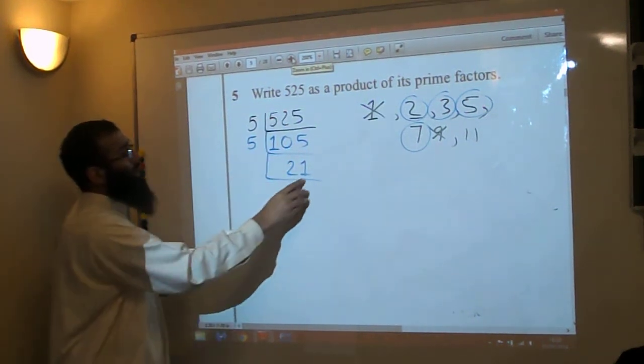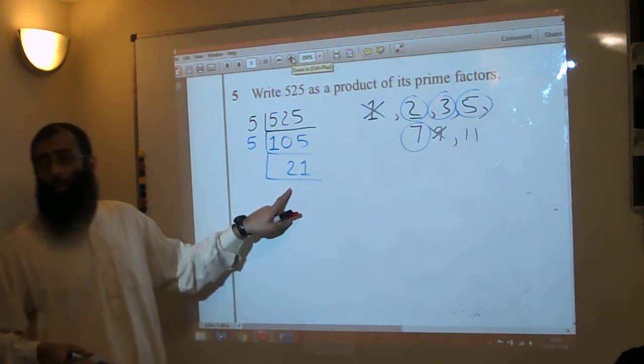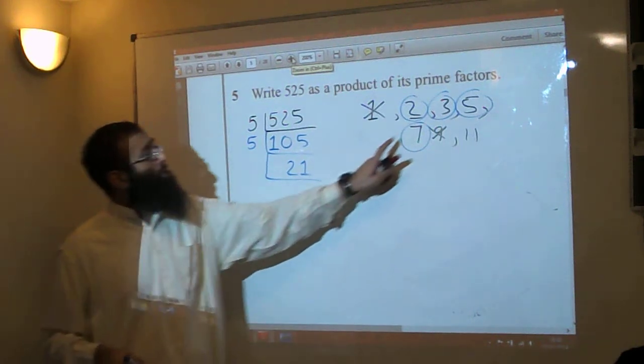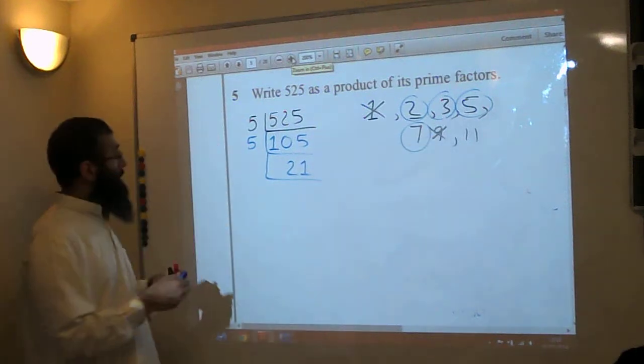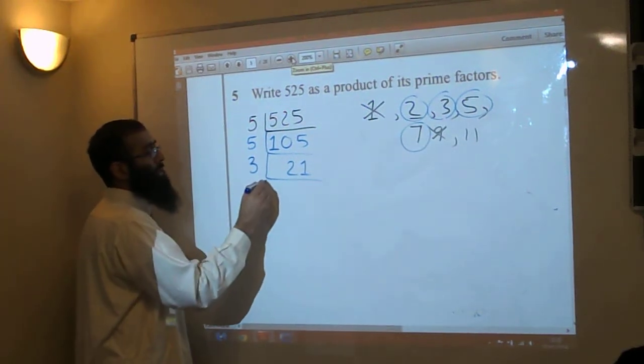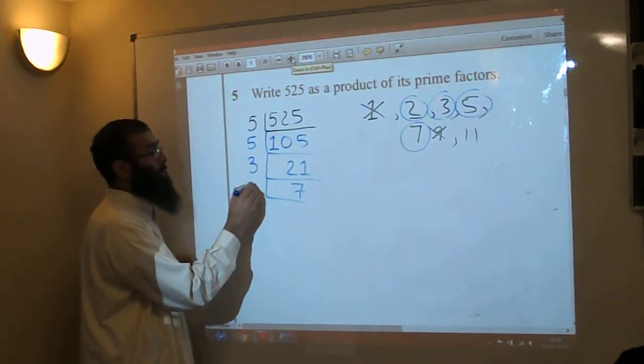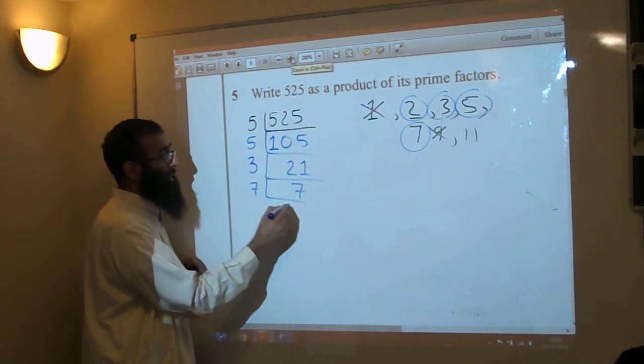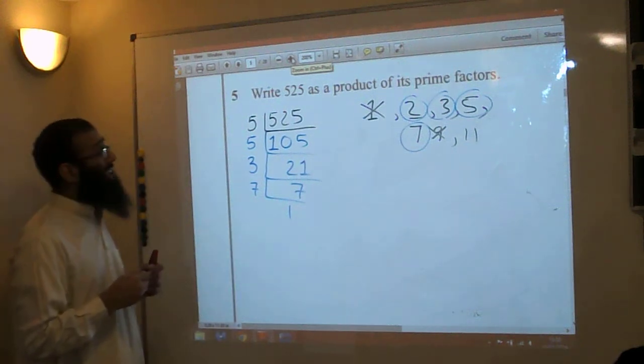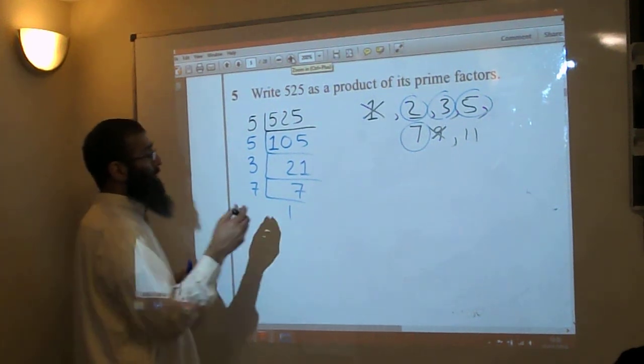And then we've got now 21. Now 21 won't divide by 5 anymore, but it will divide by 3. So 21 we divide by 3 and that will give us an answer of 7. 7 won't divide by 3 anymore, but it will divide by itself. And 7 is a prime number, that gives you 1, you stop. So what we say here is 525